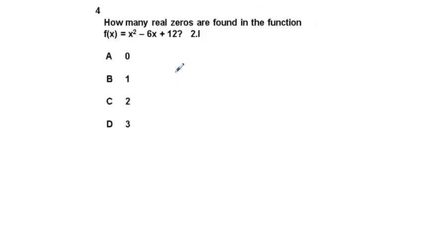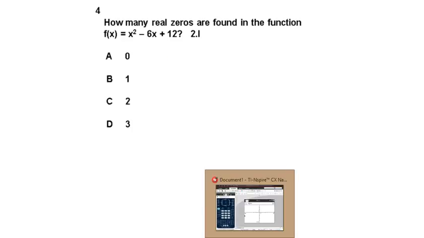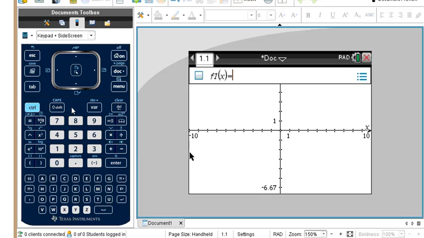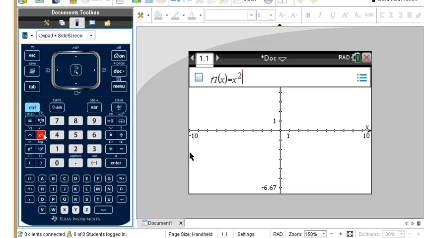How many real zeros are found in the function f(x) equals x squared minus 6x plus 12? Again, different ways to do this. We can get a perfect square and see what happens to this. I'm just going to graph this function. We have x squared, graph page in the TI-Nspire CX calculator,